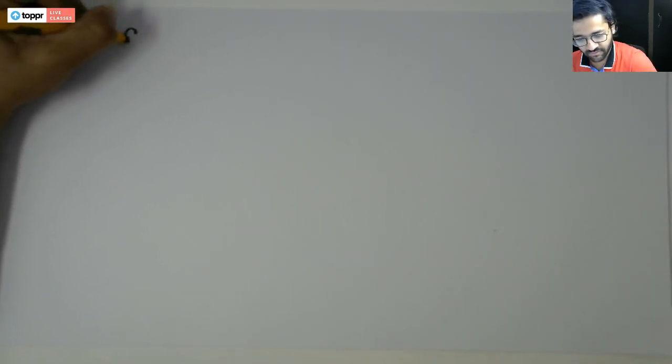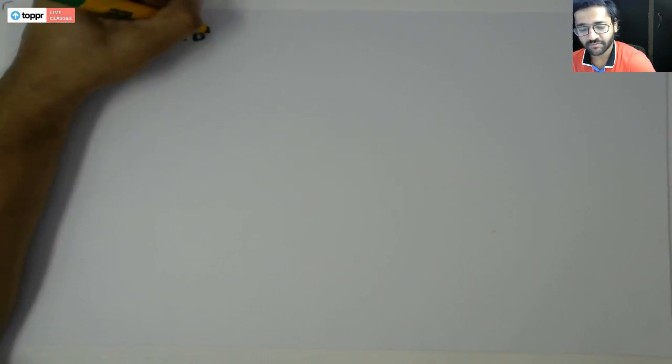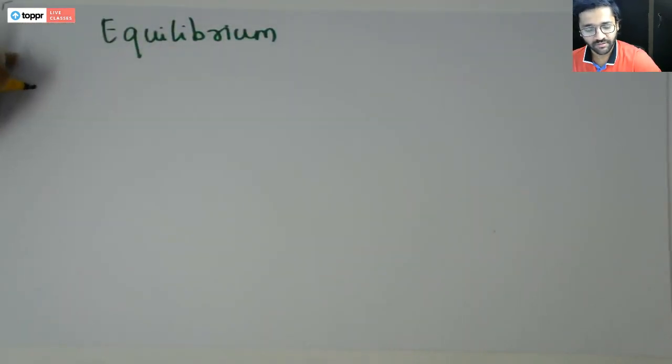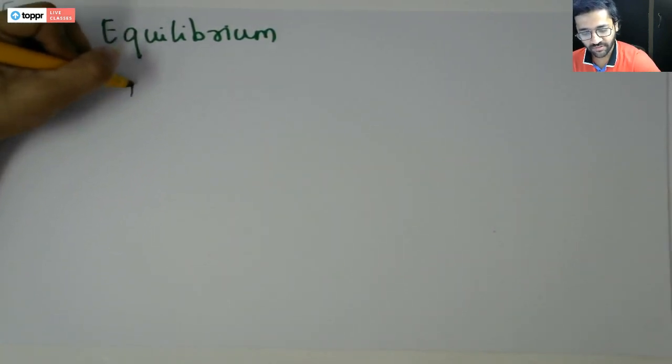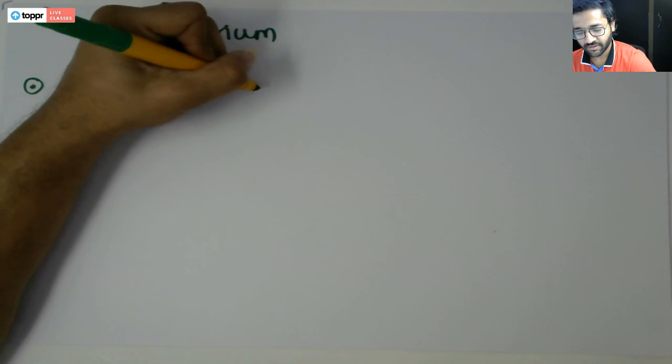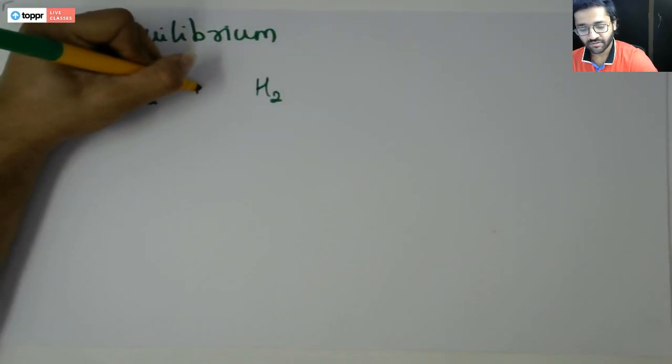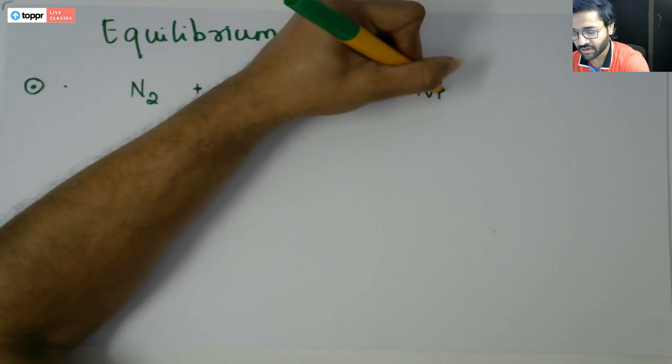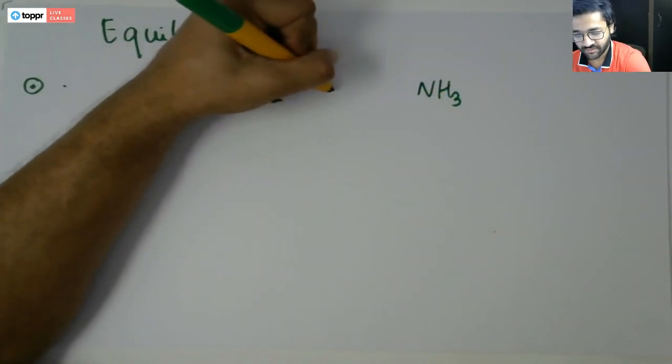Okay? So in chemistry, however, we have equilibrium in reactions. So let us see some examples of a chemical equilibrium with the very famous reaction from Haber's process, which is used for the manufacture of ammonia. So we are talking about equilibrium. The reaction is when nitrogen and hydrogen combine to give you ammonia. Alright,